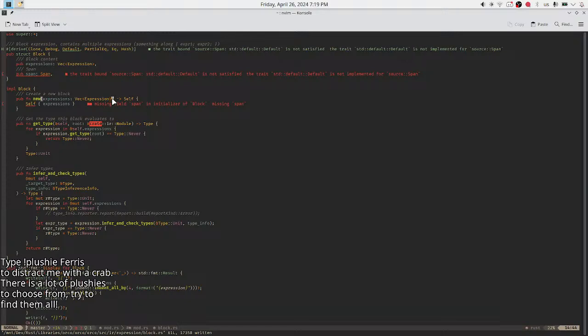Expressions and oh my god. I hate spans. Like they don't let me debug stuff anymore. Do I just make something like a default span?